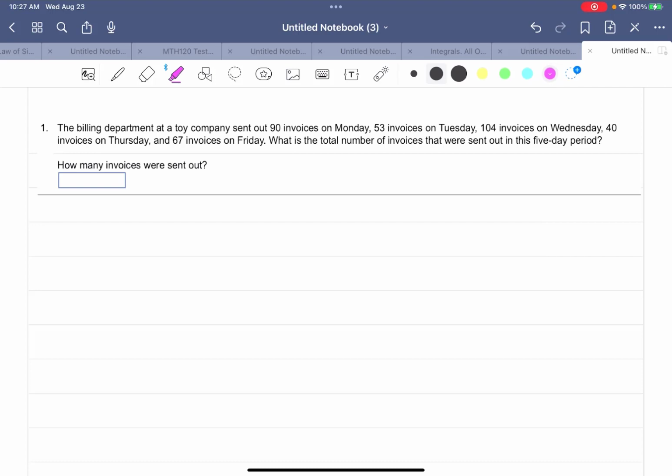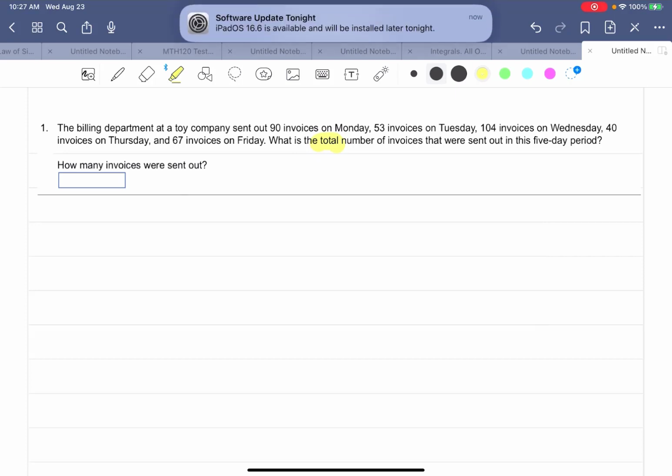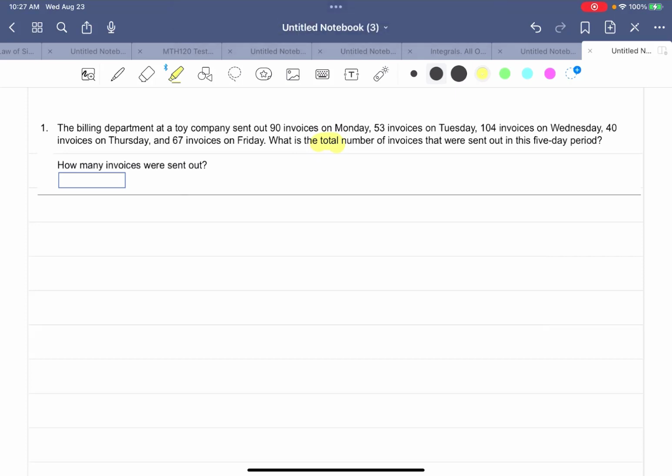So the first thing we want to talk about would be the word clue in here, which tells us which operation to do. It's this word total here that tells me I'm most likely going to have to add. Now, total can also mean to multiply, so we have to be really careful to make sure that we determine whether we should add or multiply. So in this case, since we've got so many numbers, it makes the most sense that we're going to add